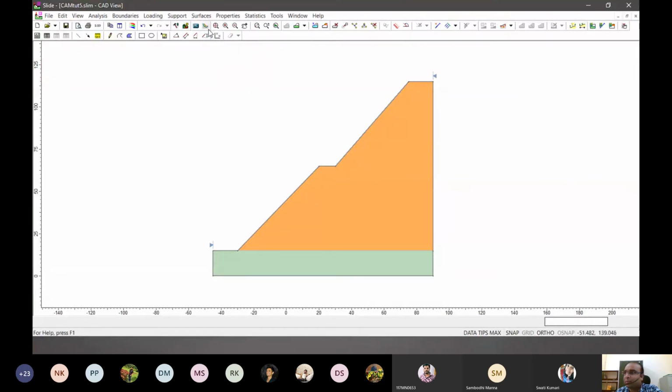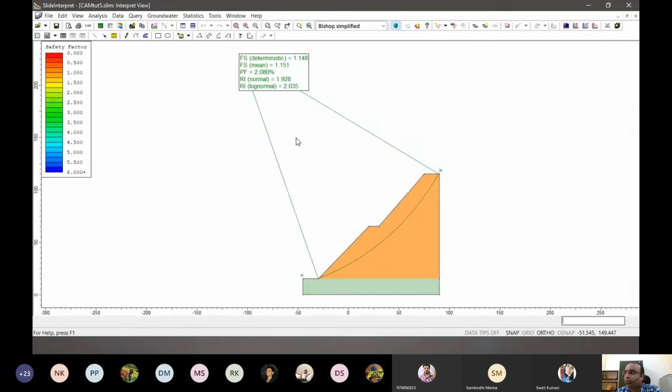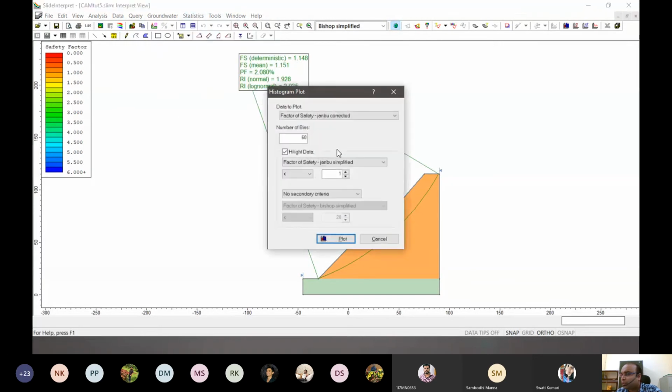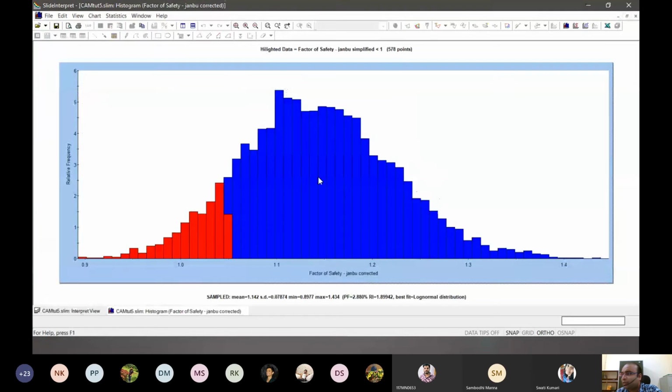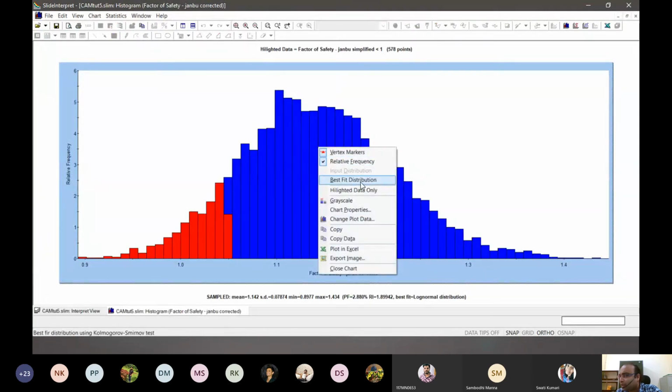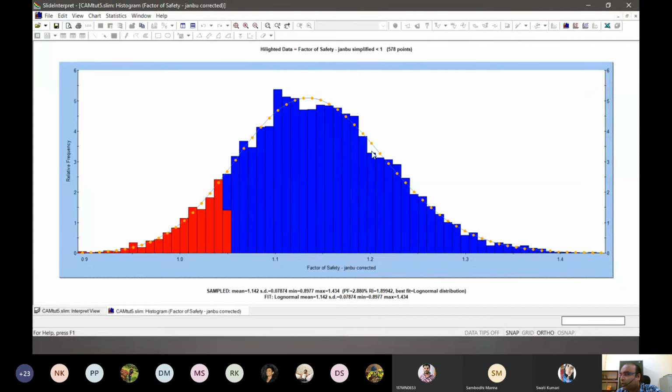Right, it takes a little bit more time, and if I go for interpret, not much change will be there in the results because the distribution is such that it is basically giving a good enough answer. But if you go for the histogram plots, you see that it actually starts to come closer and closer to the best fit curve, right? So if we keep on increasing the number of variables, it will keep on becoming more and more precise and give us a more well-distributed curve.